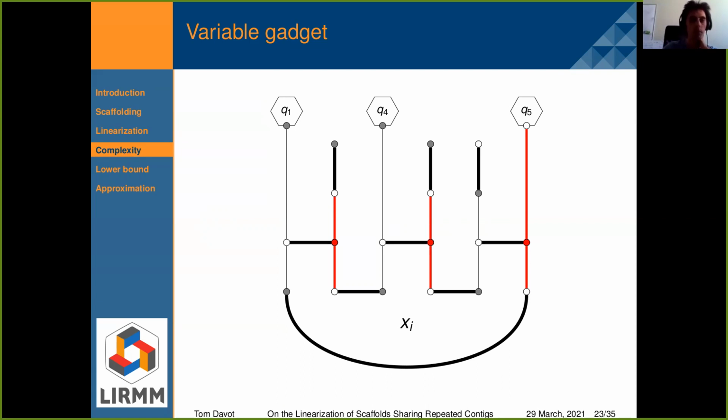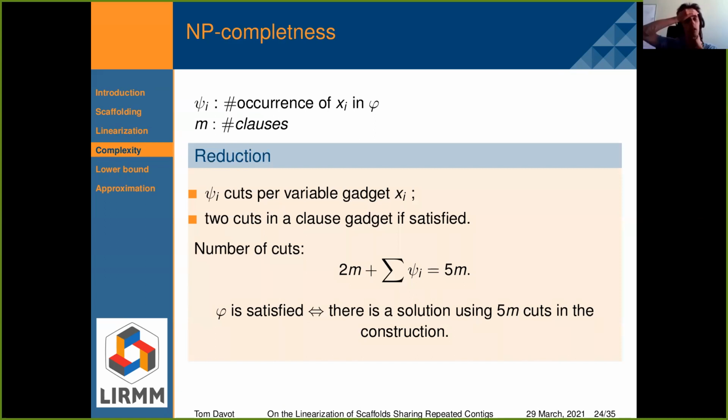So if I sum up, I denote psi as the number of occurrences of the variable xi in the formula, and m is the number of clauses in my formula. So I need the number of occurrences cuts in every variable gadget, and if my formula is satisfied, then I just need 2 cuts in each clause gadget.